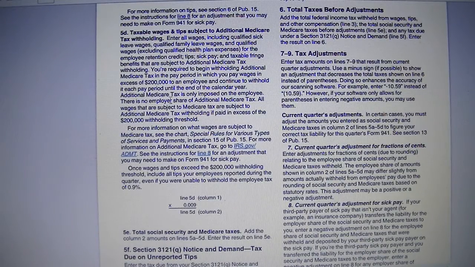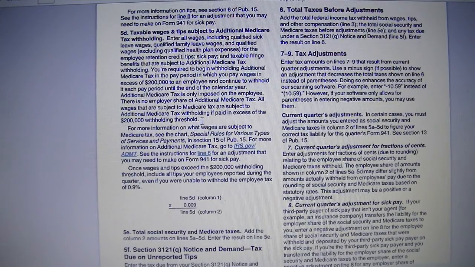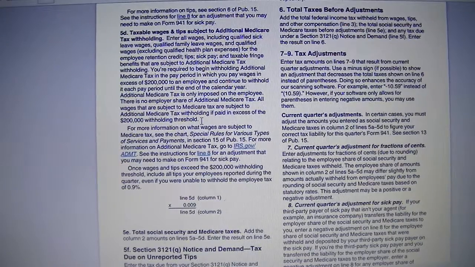So additional Medicare tax is imposed on the employee. There is no employer share of additional Medicare tax. All wages that are subject to Medicare tax are subject to additional Medicare tax withholding if paid in excess of the $200,000 withholding threshold. So if you are paying the employee and the employee salary is over $200,000,